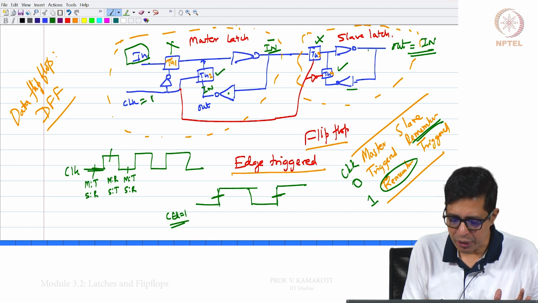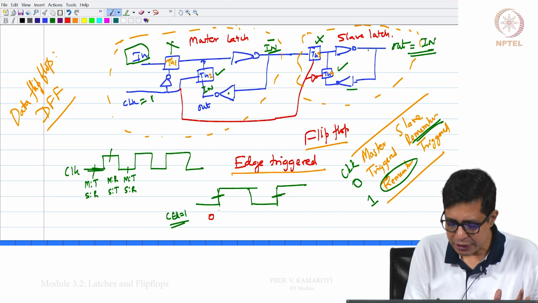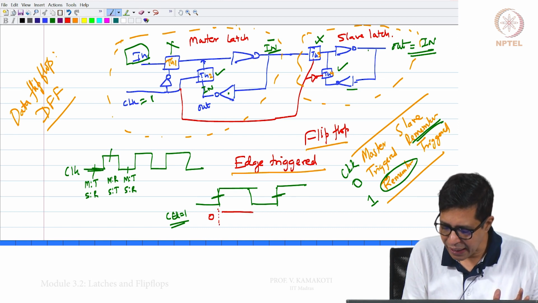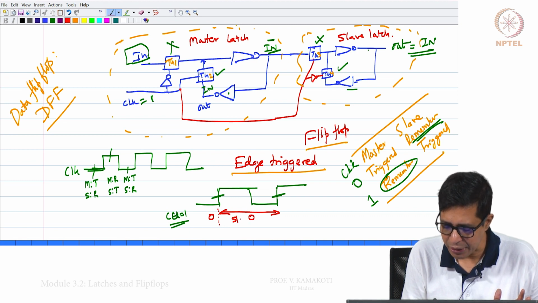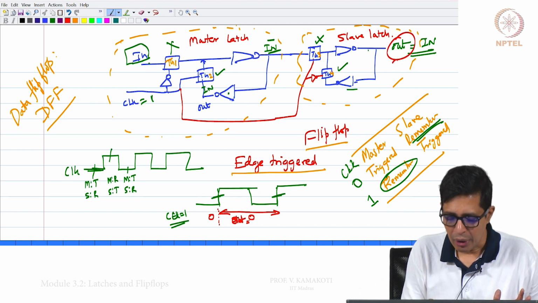Suppose before this passage the in value was 0. During the entire duration of this clock cycle between this passage and this passage, the slave will have the value, the output, whatever we are seeing here, this output will have the value 0.